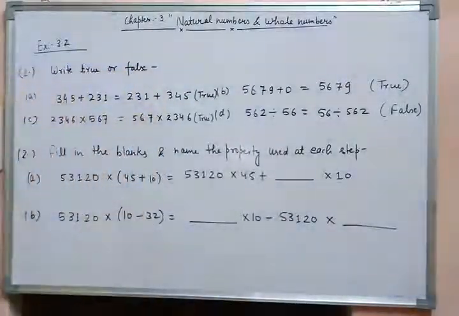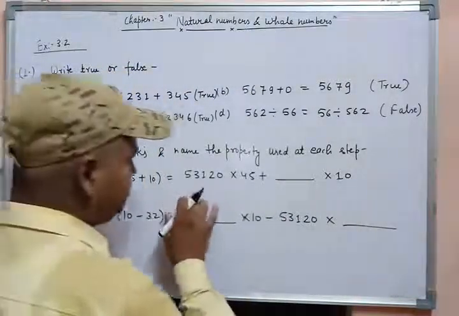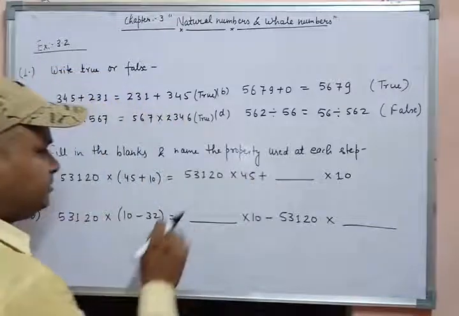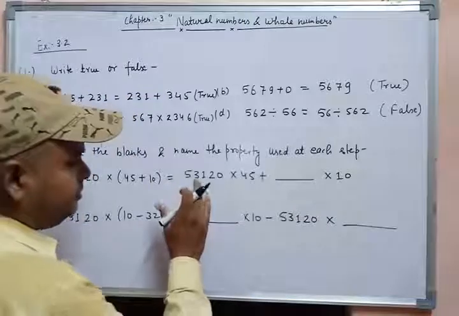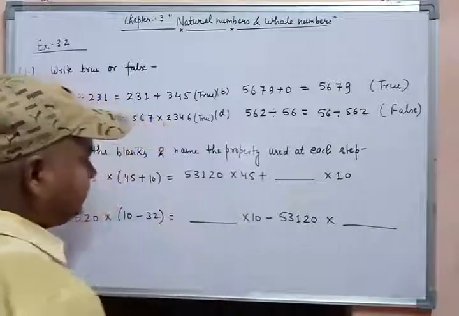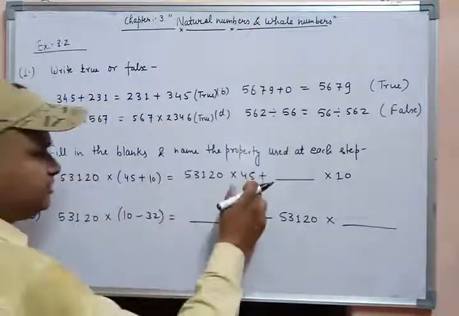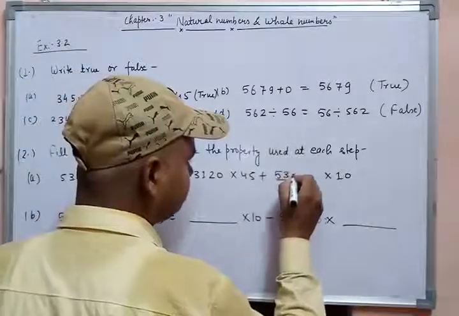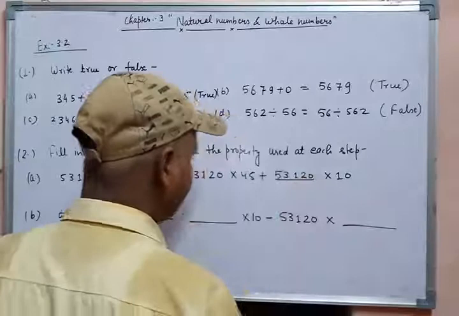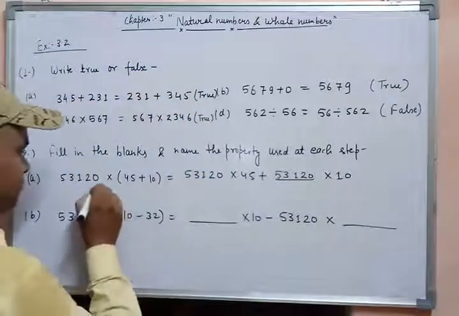The first question is based on the first property. It means we can write here 53,120 into 45 plus 53,120 into 10, and the name of the property is